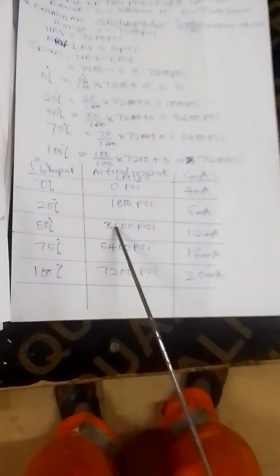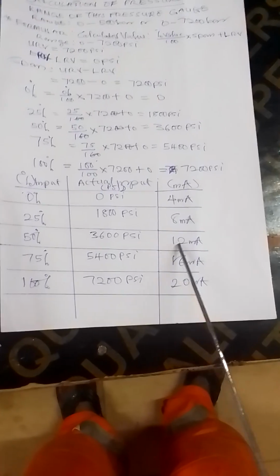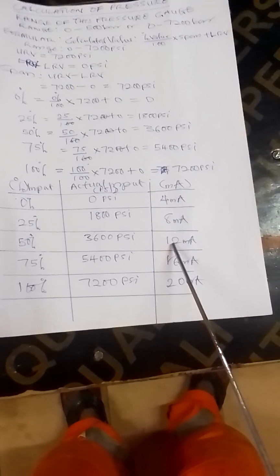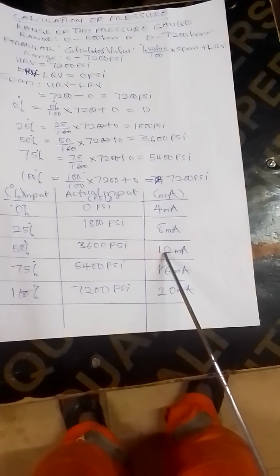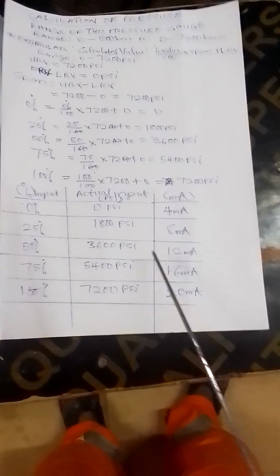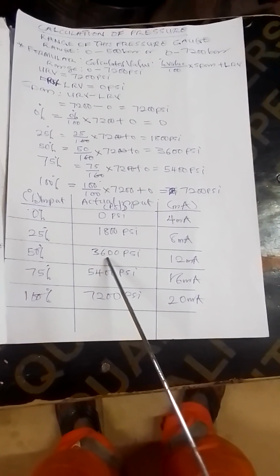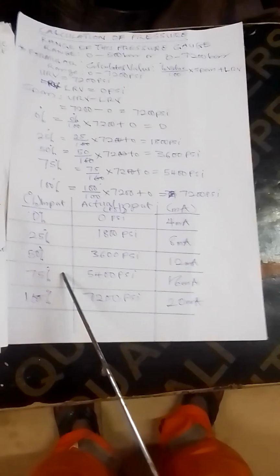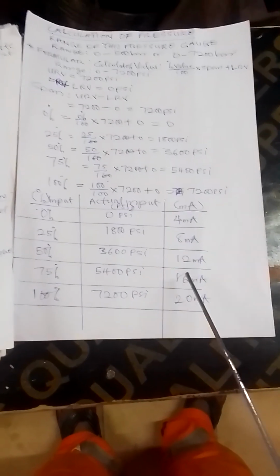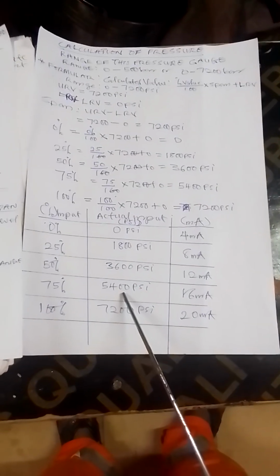50% here is also 3600 psi from our calculated value. You saw it there. This is also a standard value of 12 milliamps, which is 50%. So what this simply means is that if you simulate 12 milliamps on this transmitter, what the control room will be seeing is 3600 psi and 50%. So 75% is 5400 psi at 16 milliamps. If you simulate 16 milliamps on this transmitter, you'll be seeing 5400, because that is the